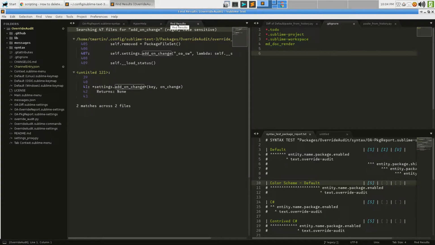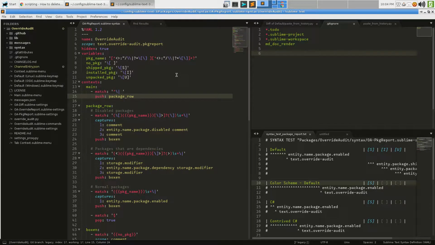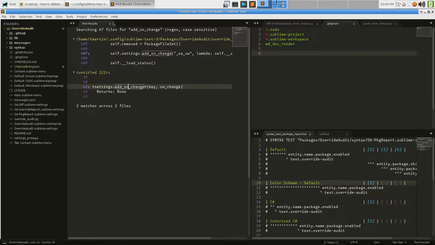Well, I mean, that might work. There's a couple of these. Untitled buffer. What's that? Oh, HyperHelp. Hey, interesting. Oops. We don't need that open. Surprised that that is the case. I would have thought it had a name. Anyway,